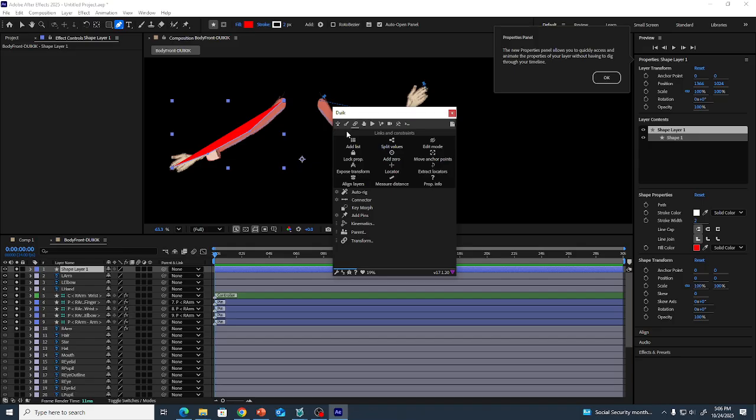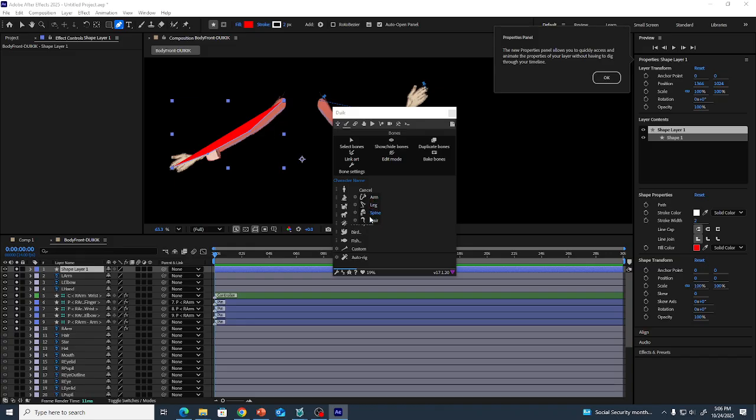go to Duik. At first I need bones. Where are the bones? Again, this shape tool is the reference, so with the help of this shape tool, I tell Duik, put the bones here. I am using this shape tool as a reference for Duik. So I select my shape tool, go to humanoid,